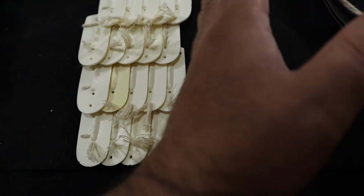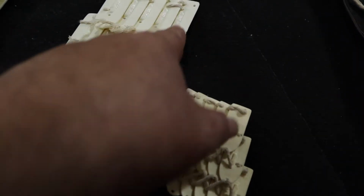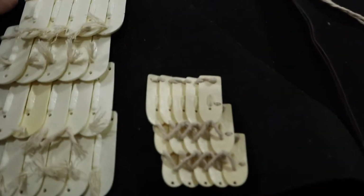So if I was to put a ruler here, this row and this row actually line up. So you get 1 offset, 2 offsets, and then you start like that. So what happens is,